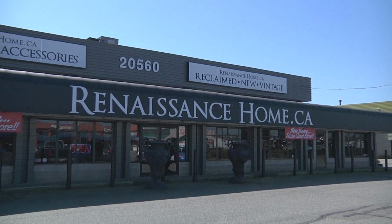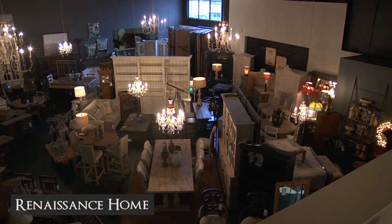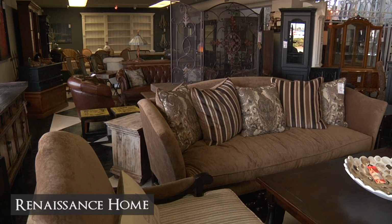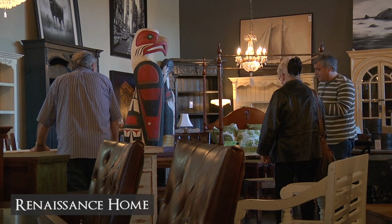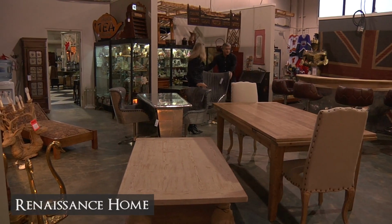Renaissance Home started in 1999 as the Cloverdale Antique Mall, where our focus was 80% antique and vintage merchandise and 20% reclaimed, repurposed. Selling new furniture for many years of my life, all I really was doing was selling the redesign of an old piece of furniture. So once you've sold a Biedermeier piece manufactured in 2002, it was really nice to sell an original Biedermeier piece